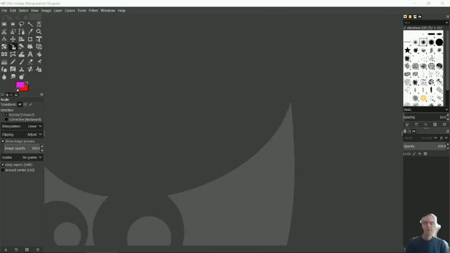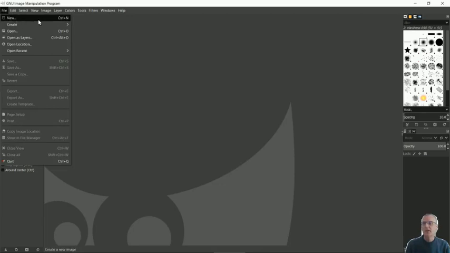Welcome, students. This is an introduction to the GIMP, also known as the GNU Image Manipulation Program. When you first begin, it's an empty canvas. There's no canvas there, so you need to create something. What you can do right off the bat is you could say File, New, and you can create a new